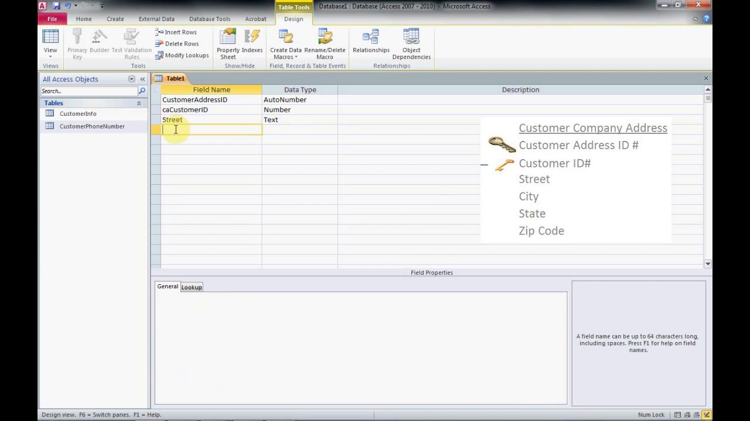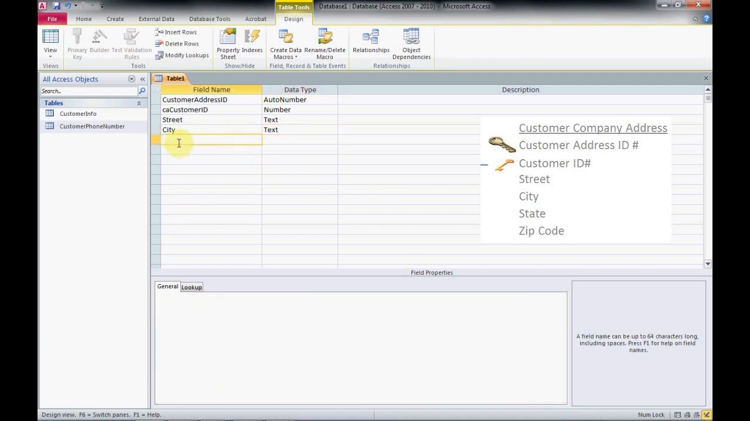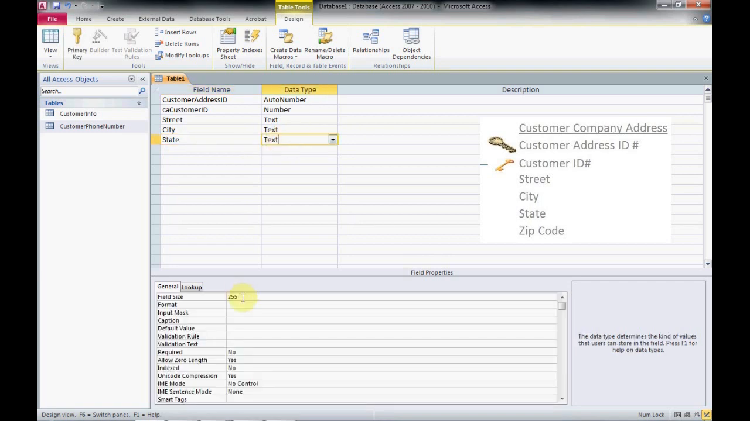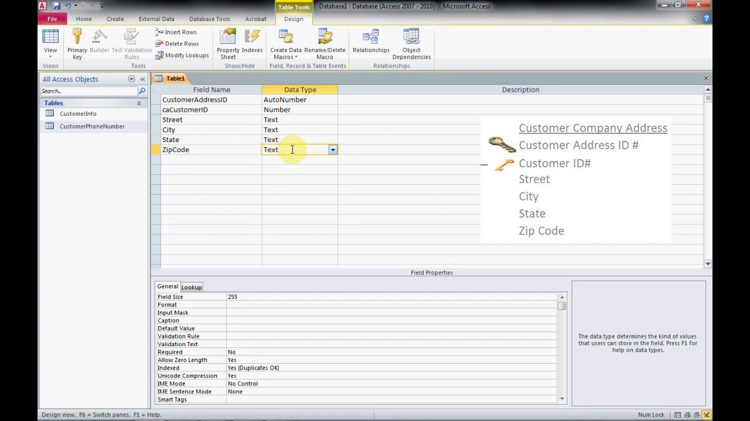And then city, and that will be a text. And I know I'm not going to want any cities more than 50 characters long, so I set my field size to 50. State, I'm going to go with 2 characters. I just want the abbreviation. Zip code. Now with my zip code,